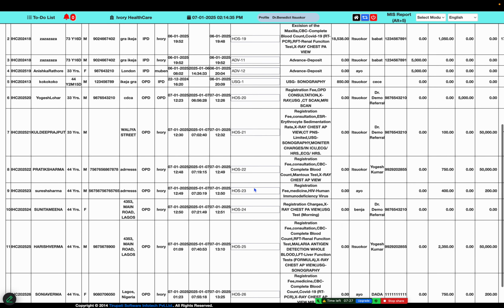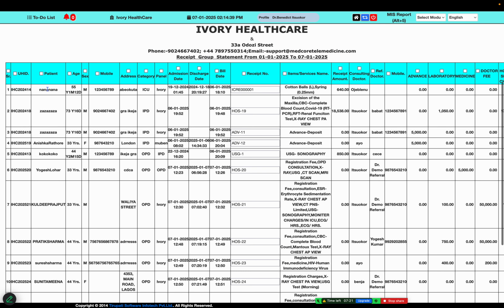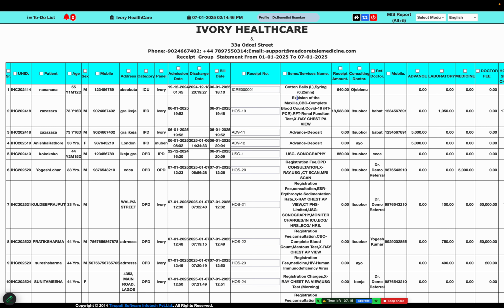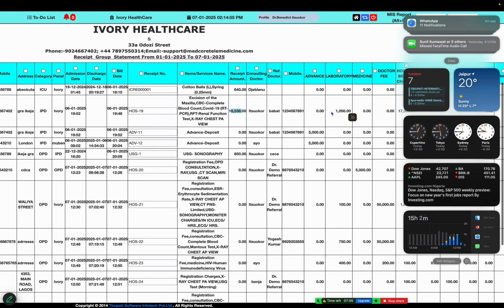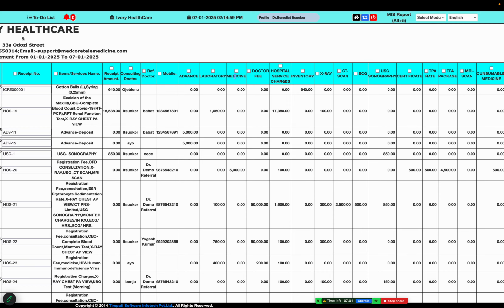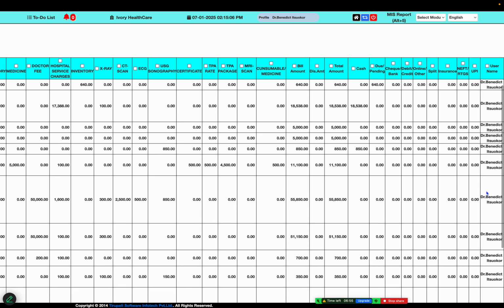So the repeat patient bill copy will come with the patient UHID, patient name, and details. This is his receipt or bill number, and whatever items were under that bill number will be clubbed here. This is the receipt amount, the consulting doctor and referring doctor's name, and the head-wise receipt. This is the heading part of the system summary report.